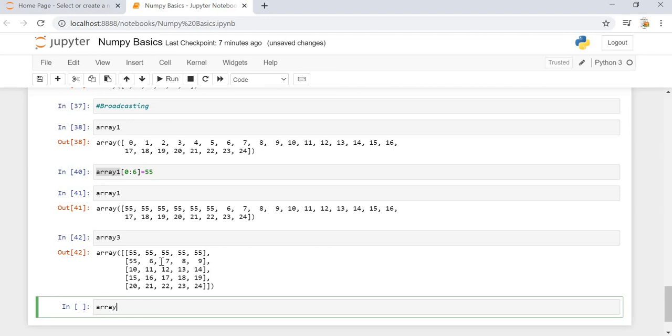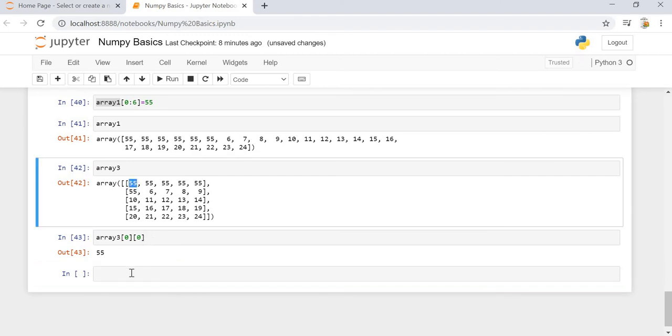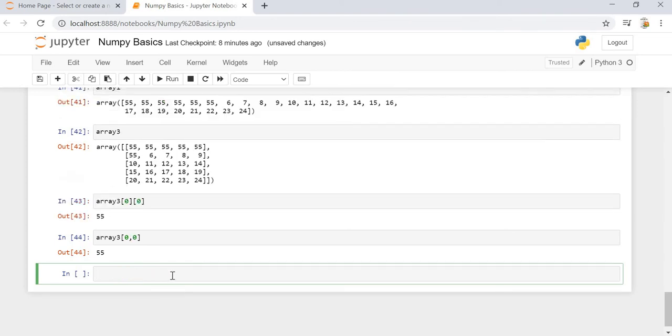One is array 3, and then we provide the row index and the column index, and it will give us the value, which is 55. 0 and 0 is 55. The other way of doing it, which is the more convenient way, is you provide the row and the column over here only within a single bracket notation. It gives you the same result.